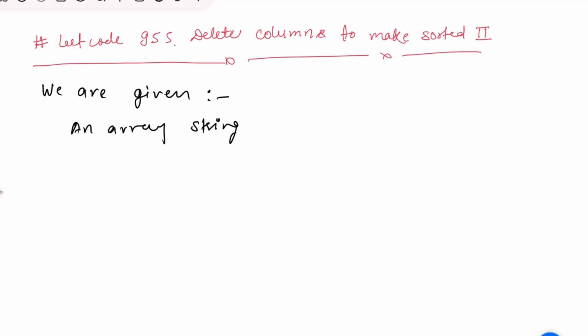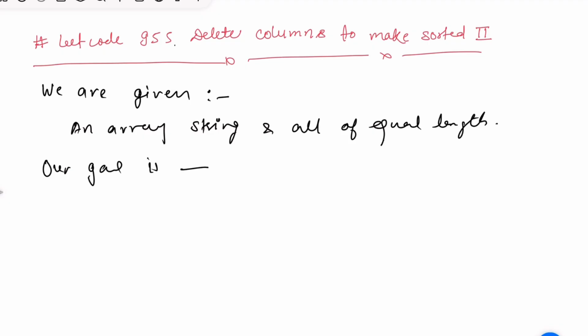This is what we have been given, and it is saying our goal is to, very first,